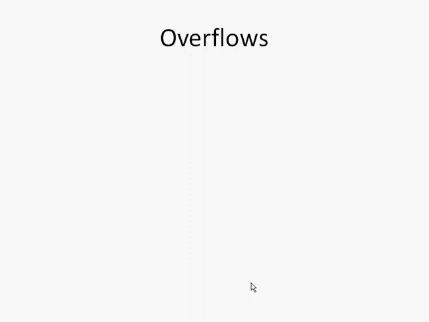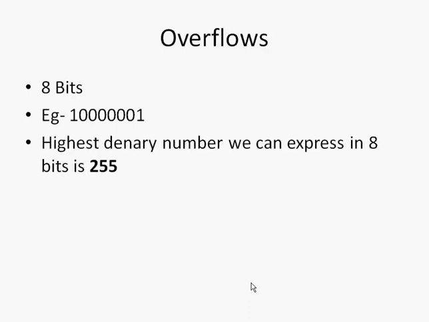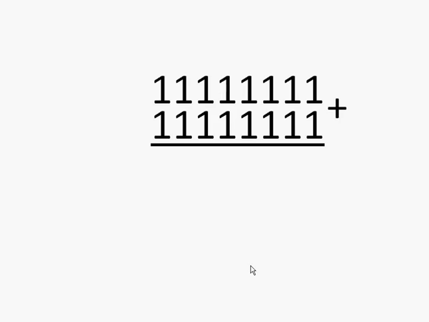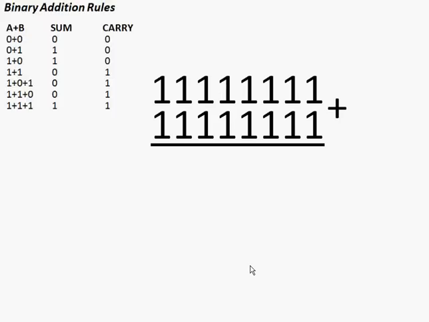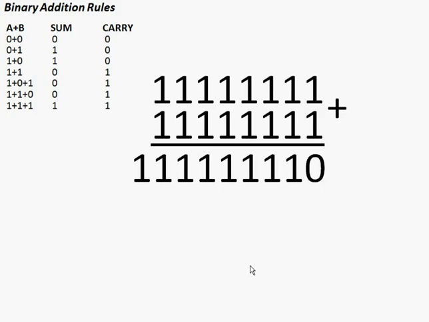Overflows are something we should talk about. 8 bits, for example, we've got 8 bits there. The highest denary number we can express in 8 bits is 255, which is actually all ones, 8 ones in a row. The decimal equivalent is 255. So if we try to add up 2 lots of that, and we use our rules, I'm not going to go through all the working now, you could do this for yourself, but you should come out with a 9-bit